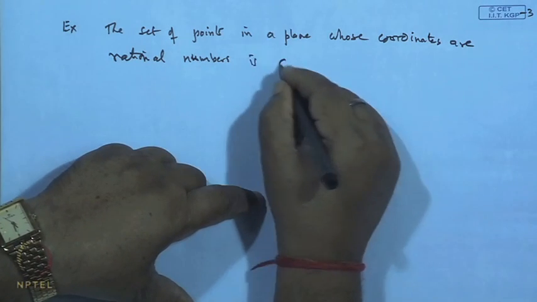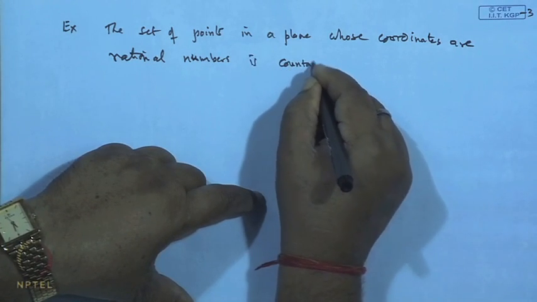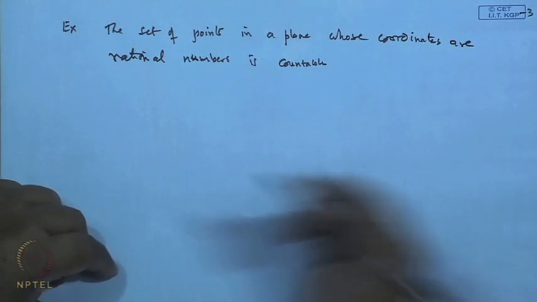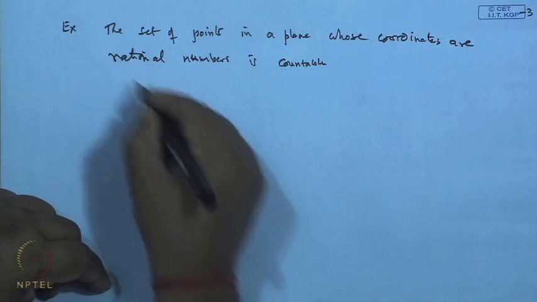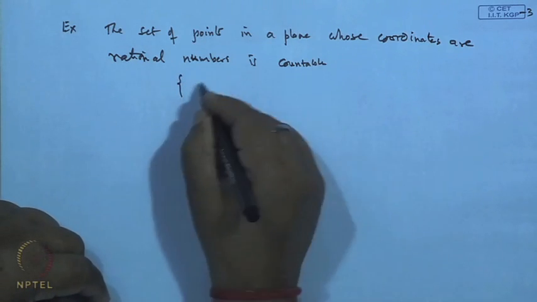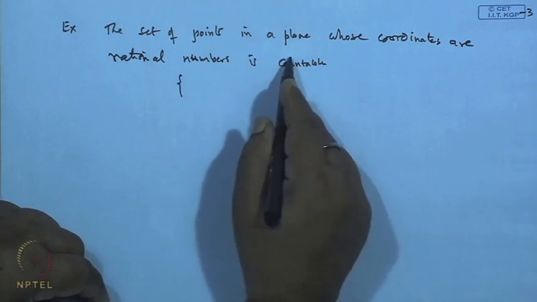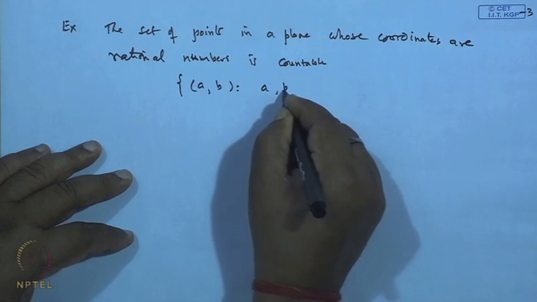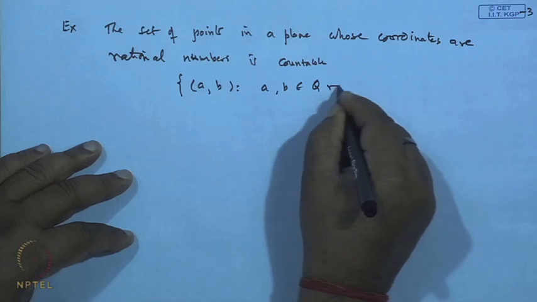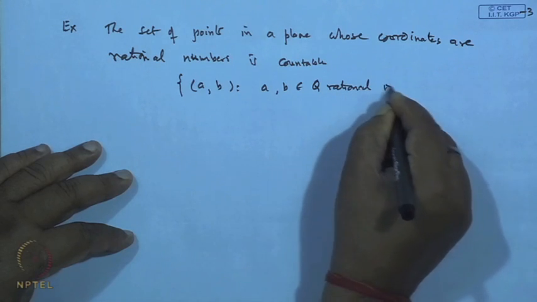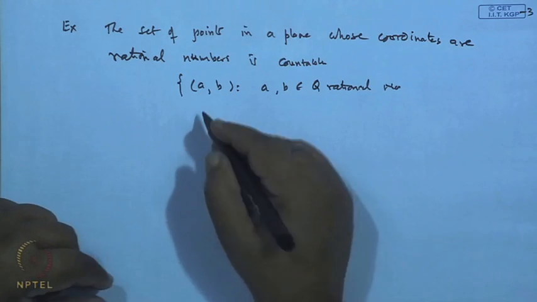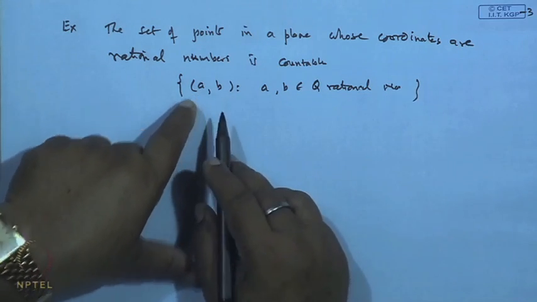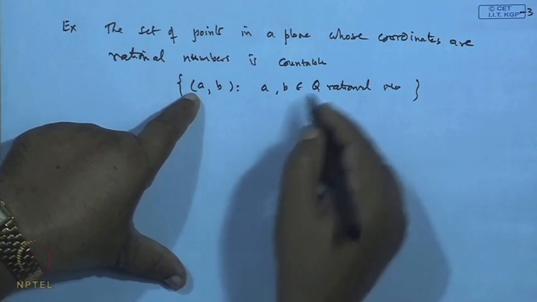Is countable. So, the set of points in a plane whose coordinates are rational numbers, that is, the set is of this type (a, b), where a and b both are rational numbers. Q is the set of rational numbers, because any point in the plane will be an ordered pair and we get this point. Now, this is Q × Q, since Q is countable,